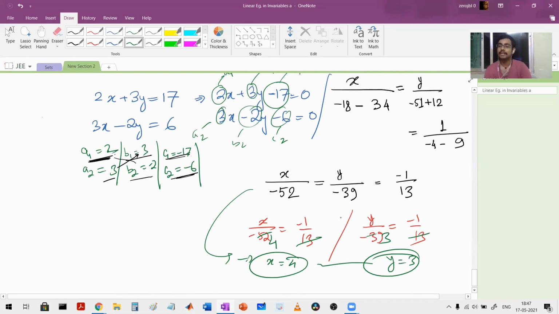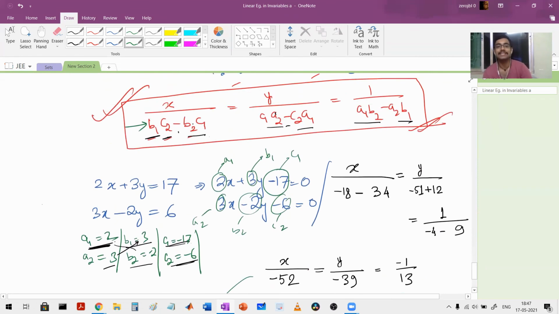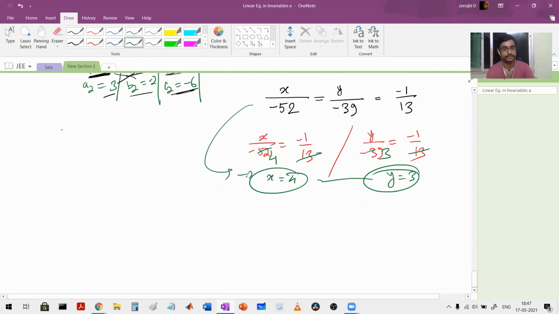This is called the method of cross multiplication. Now coming to the point, how to memorize this b1, c2, b2, c1, a1, b2, a2, b1, how to memorize this. That is the thing that I was trying to tell you before this. So now let's try to memorize this. Because without memorizing, problem solving will be just like marriage. If you think that you will be able to solve a problem in exam, you won't remember the formula.